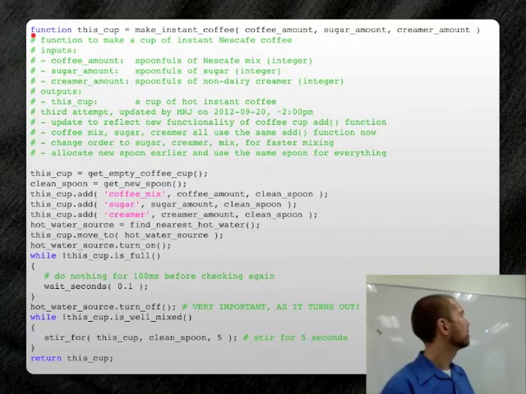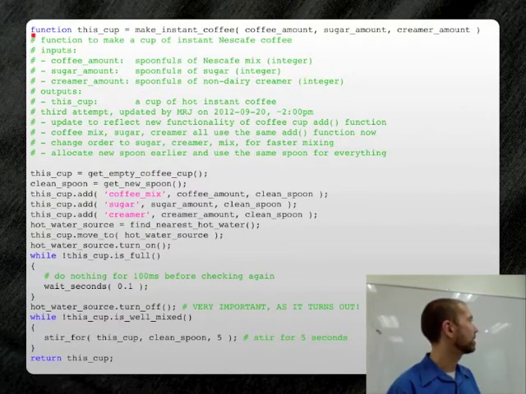And if you notice, I started off with creating what we would call in programming terms a coffee cup object, right? So I have some function that makes a new coffee cup. And then this cup can do things, right? So like it can add coffee mix, it can add sugar, it can add all kinds of stuff to the cup. The cup can apparently move itself to a place. The cup can check to see whether or not it's full. The cup can inform you as to whether it's well mixed, right?